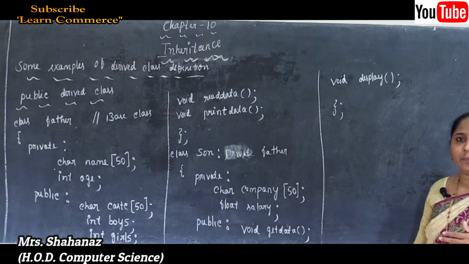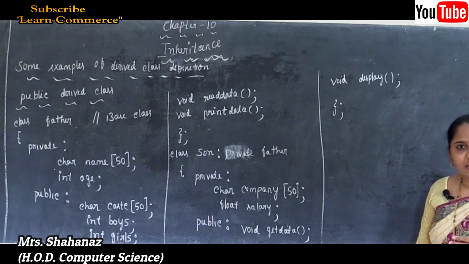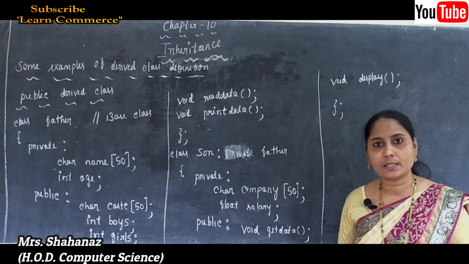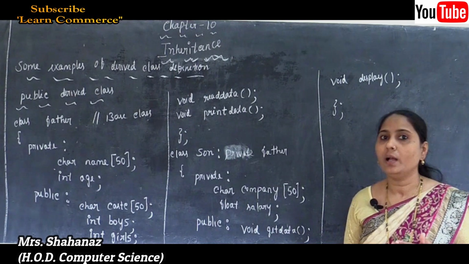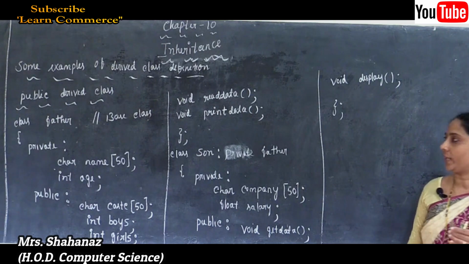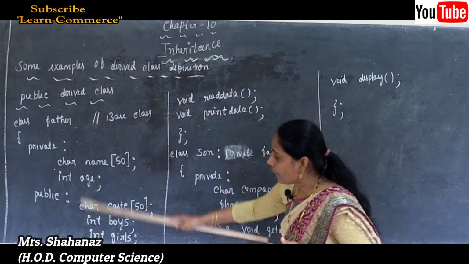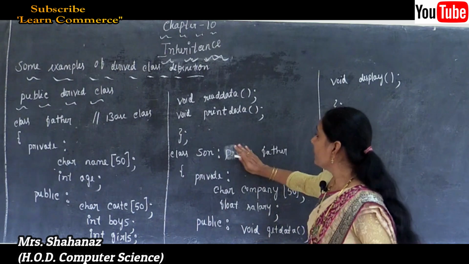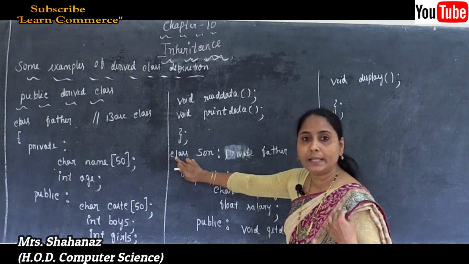And maybe sometimes you want to access from the protected side. You know that private is also called the protected access specifier. That means you want to access from the protected side. The same thing we are going to write, but while writing the syntax of the derived class definition,